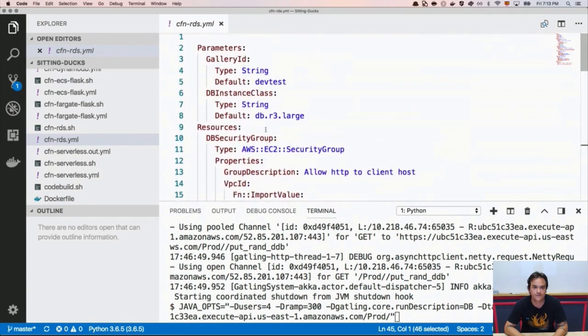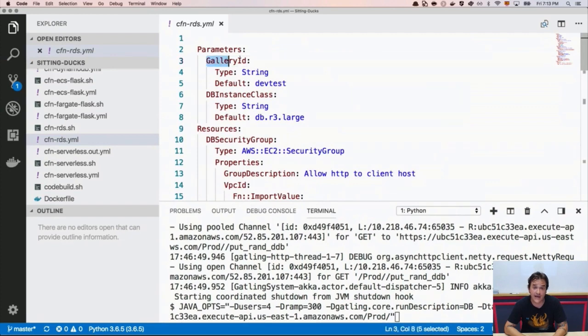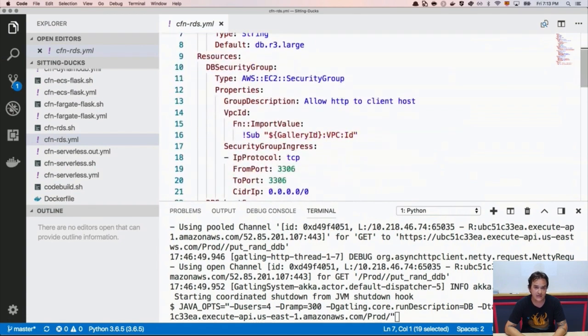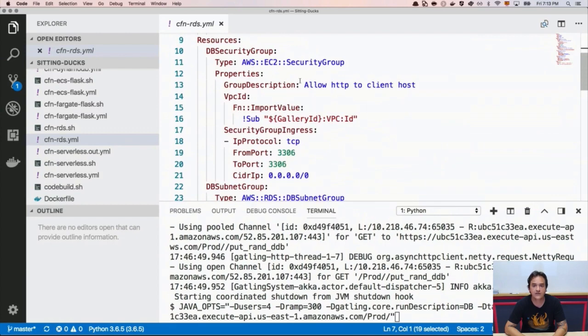First, as a parameter, the gallery ID, same concept, just a name of an environment. The instance class that we would like, I'm using R3 large by default here, but we can set this to any instance class we want. Our security group, just so we can connect from anywhere, I'm opening